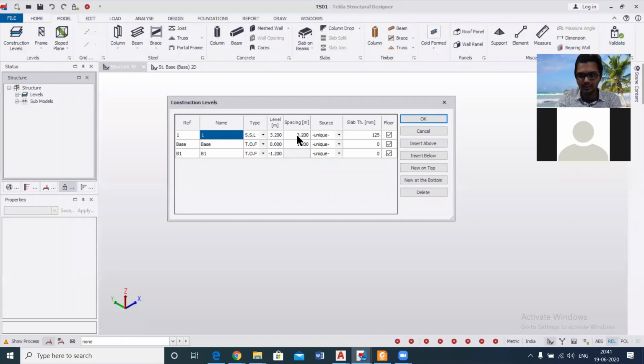Does it vary between commercial and residential? There are some bylaws for the building, and some bylaws allow construction up to, suppose, a height of 15 meters. Then up to 15 meters, the more floors you provide, if you are designing an apartment and are the owner of the property, the more apartments or floors you can create, the more profit you can generate. So according to that, we can vary the spacing. So it's up to you.